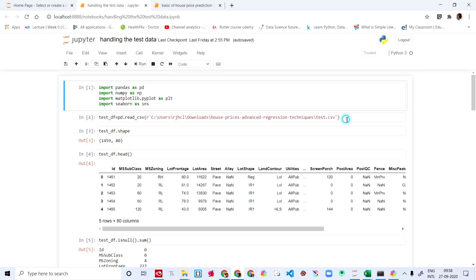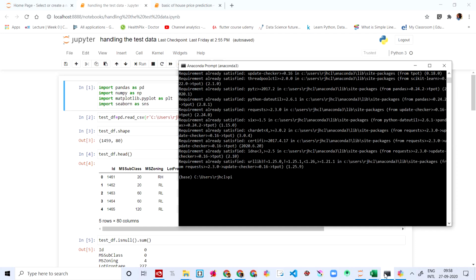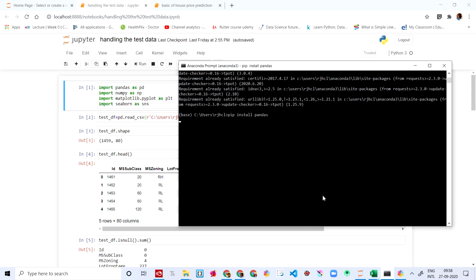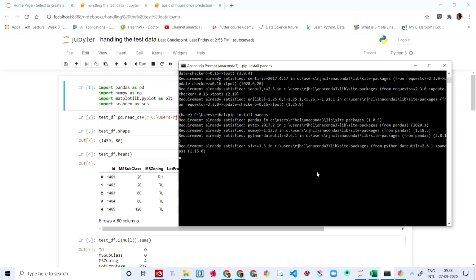First, I have imported the necessary libraries: pandas, numpy, matplotlib and seaborn. It shows an error if you import like that, so what you have to do is say pip install pandas, then pip install numpy, then pip install matplotlib, and then pip install seaborn.